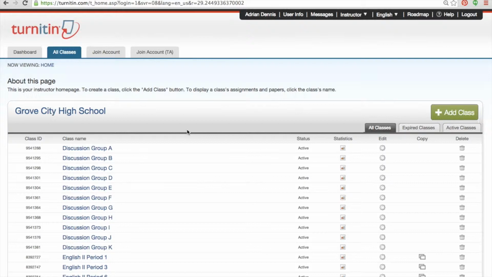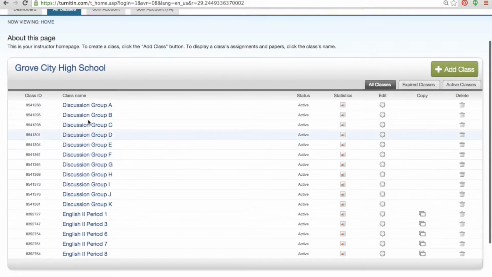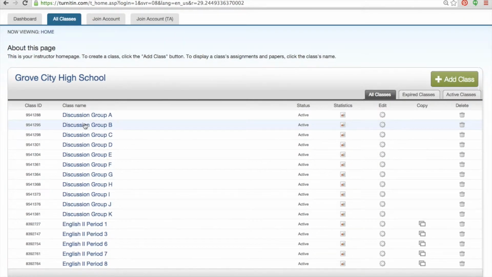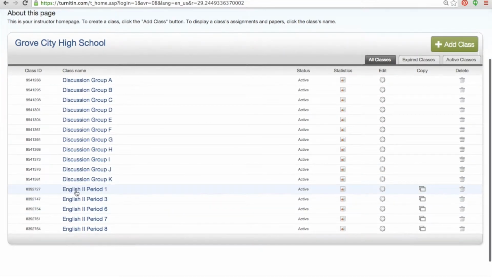Once you've logged in with your username and password, this will be the home screen that you're taken to. As you can see here, this lists all of the classes that I've already created and use with my current students. So I've got discussion group A through K, as well as English 2 periods 1 through